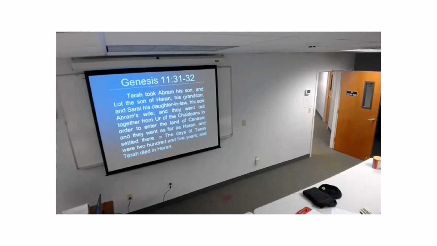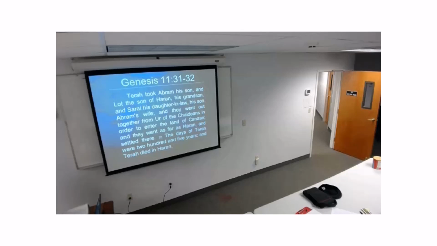And now here comes the migration. So in verses 31 to 32 of Genesis 11, Terah took his son and his grandson Lot and Abram's wife Sarai, and then they go from Ur and they're going to Canaan. And again, if you remember the Fertile Crescent, they have to go north before they turn south, and they go as far as Haran, and settle in Haran, which is on the northern part. We'll see that in the next map. And Terah dies in Haran. He's 205 years old at this time.